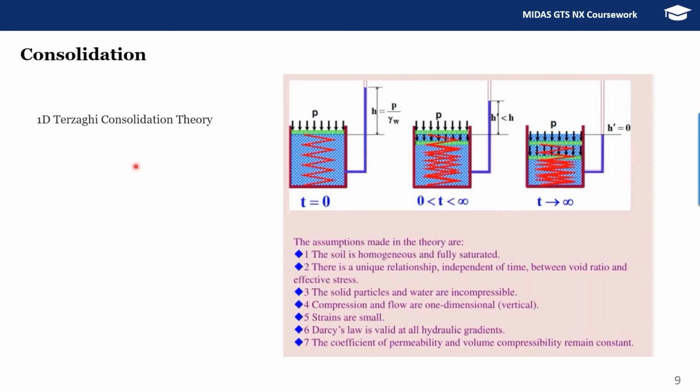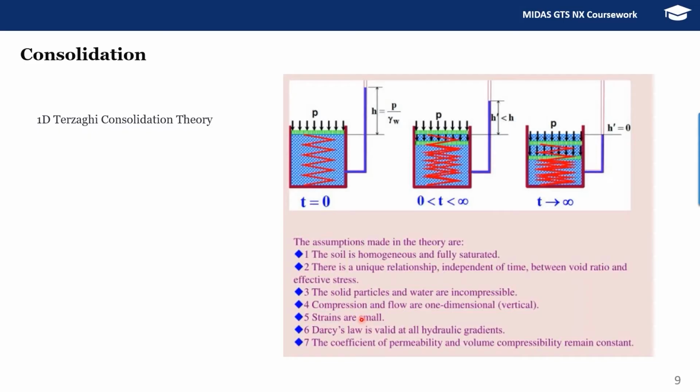So this is how the theory works, and these are some of the assumptions in the 1D Terzaghi consolidation theory. The soil is homogeneous and in fully saturated condition, and there is a unique relationship, independent of time, between void ratio and effective stress. The solid particles and water are incompressible. The compression and flow are one-dimensional, and strains are small. That is valid at all hydraulic gradients. The coefficient of permeability and volume compressibility remain constant. So these are some of the assumptions, and we'll see